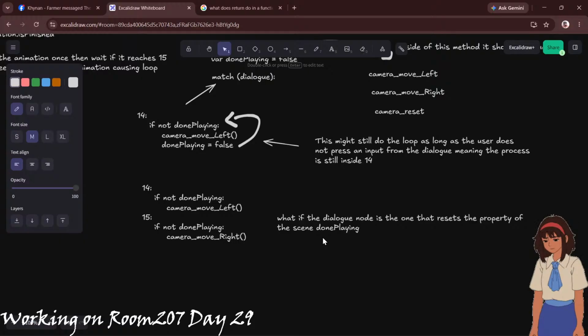What if the dialog node is the one that resets the property of the scene done playing every time